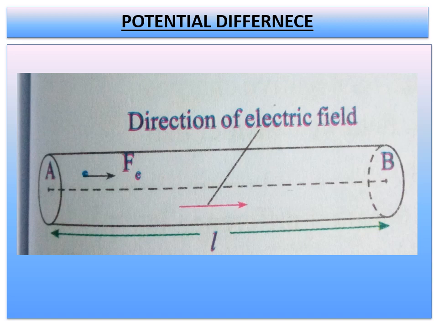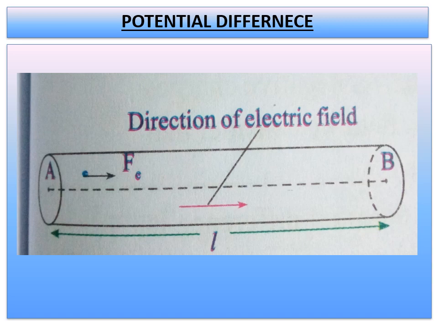Now we have already discussed that when the ends of a conducting wire are connected to the terminals of a battery, an electric field is set up throughout the conductor, and this field exerts a force on the charge. That means the charge moves from one end of a conductor to the other end. This field, created throughout the length of the conductor, exerts a force on the charge. Charge means here electrons, children, because only electrons move from one end to the other in a conductor when the battery is connected. Already we have learned all that.